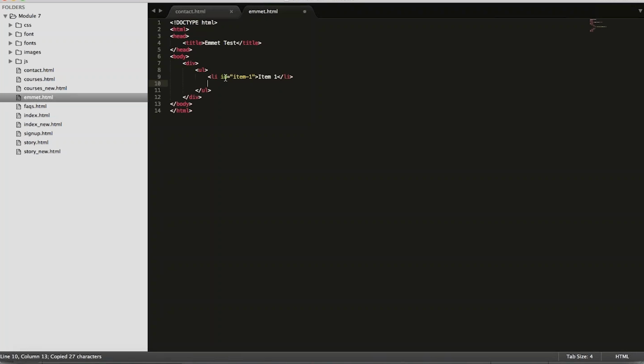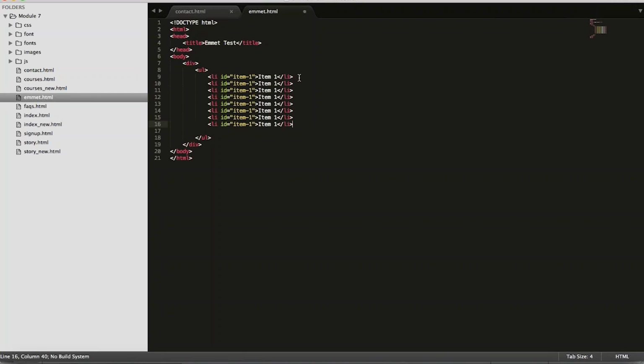So ID is a unique attribute through which you can differentiate any particular HTML element from any other. So let's say if I need to create 10 lis, the preferred way would have been this. So it's 1, 2, 3, 4, 5, 6, 7, 8, 9.